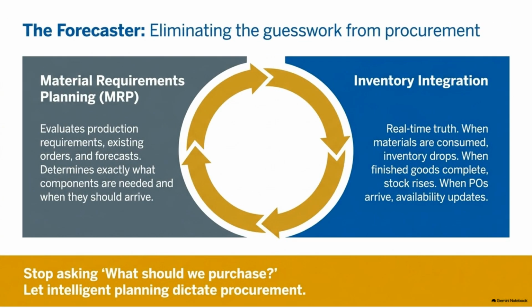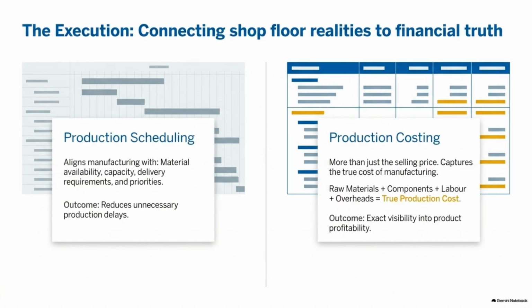By integrating material requirements planning with inventory, you eliminate guesswork in procurement. Intelligent planning dictates exactly what is needed and when, ensuring your inventory reflects real-time truth. Execution bridges the shop floor to financial reality. Production scheduling aligns manufacturing priorities to reduce delays, while production costing captures the true cost of manufacturing, including materials, labor,